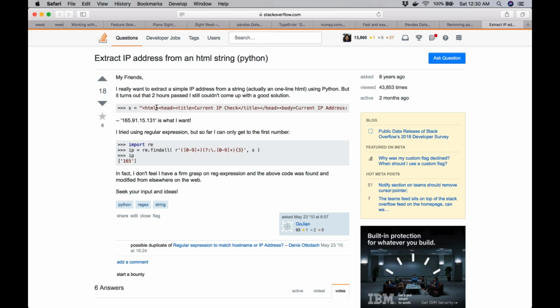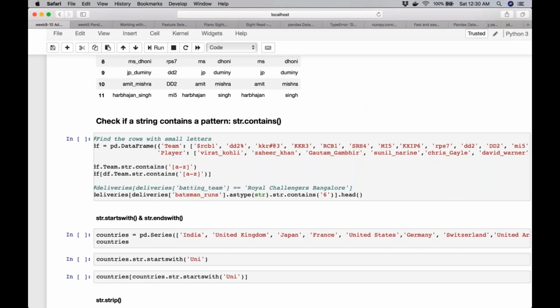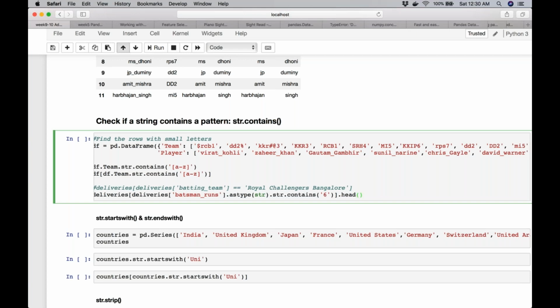There is an HTML head, title, then the current IP check, title, head, body, current IP address. All that the person is interested in is this. So let me just copy it. This is an interesting example. Let me create a data frame out of it. I want all of you to try it. Do you have your Jupyter working, running? Oh, it's already time also. I didn't realize. Sorry.